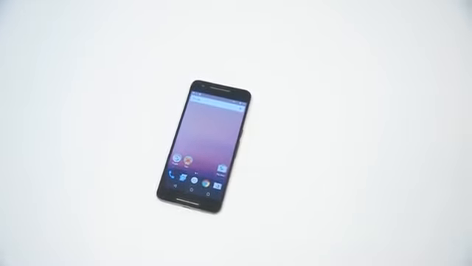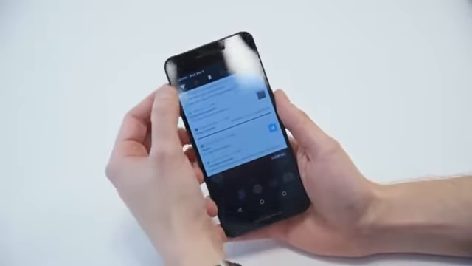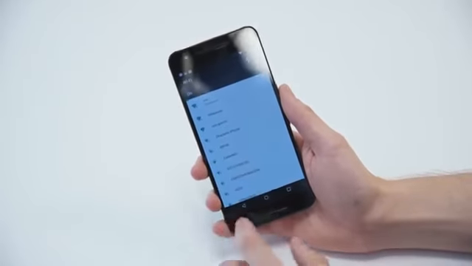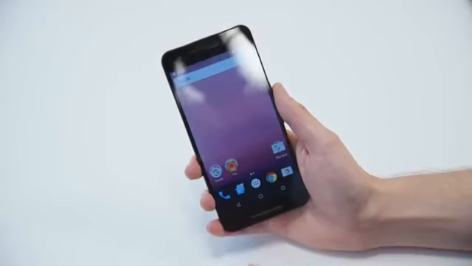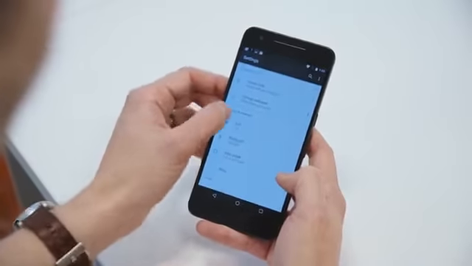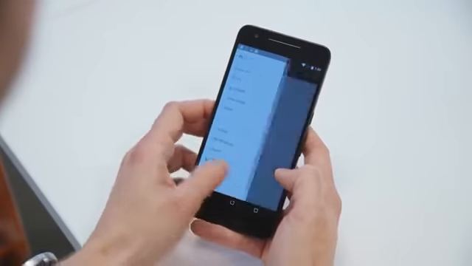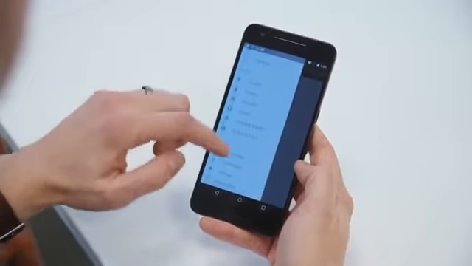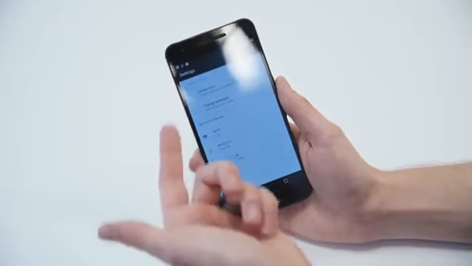And speaking of settings, I want to show a couple things to you. So you can actually now just hold down on one of these quick settings to jump right into the settings for that thing. So I jumped right into Wi-Fi. If I go into the entire settings here, you'll see that they list a lot more information. It tells you what Wi-Fi network you're on, what is going on with everything here. It even gives you little suggestions: you should set up a screen lock, you should change